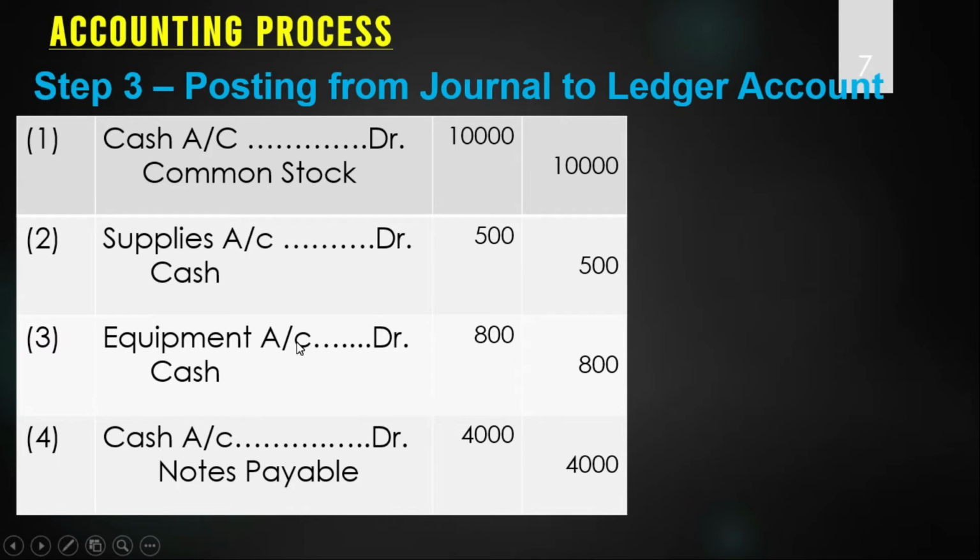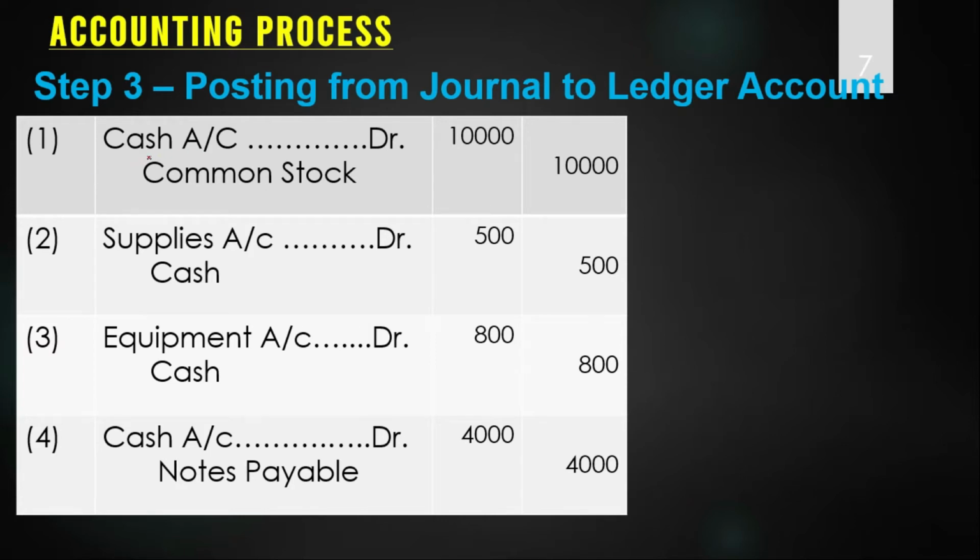Now I will show you how to post from journal to ledger, and how different ledger accounts are created, with one example. I have taken 4 journal entries already. We discussed how to prepare journal entries in the previous lecture. You can watch my previous video to find out how to prepare journal entries using the rules of the double entry system. Here we are not going to show you how to prepare journal entries; we are just going to show you how to transfer from the journal entry to the ledger, which means how to learn posting. That's why we have taken these 4 journal entries.